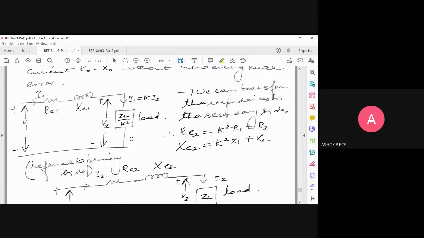Are you able to visualize? Okay. No load, sir, means you are going outstation. You are locking the house and you are switching off the mains. Which means that input is always coming to your house, but none of the appliances in the house is running. That is going to be a no load condition.